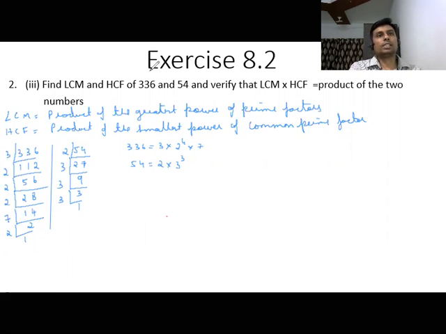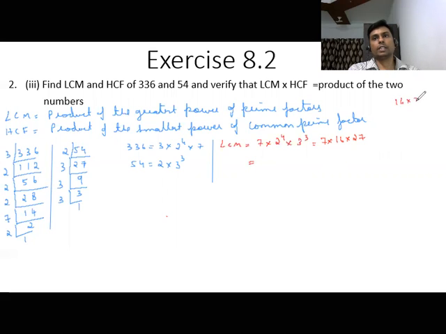Now I can write the LCM and I can write the HCF. What is the LCM? LCM is the product of all the greatest powers. First you take the uncommon terms. The uncommon term is only 7. So 7 into the common terms, where you have to take the greatest power. Here 2 power 1, 2 power 4, so you have to choose the greater power, 2 power 4, into 3 power 3. So this is 7 into 2 power 4, which is 16, into 3 power 3, which is 27. So 7 into 16 into 27. This is my LCM.